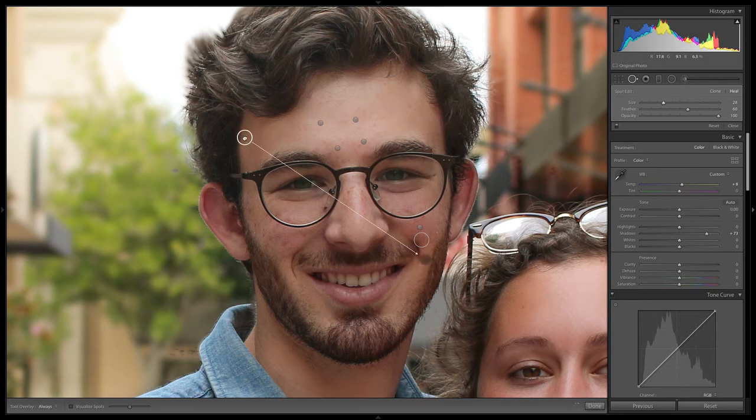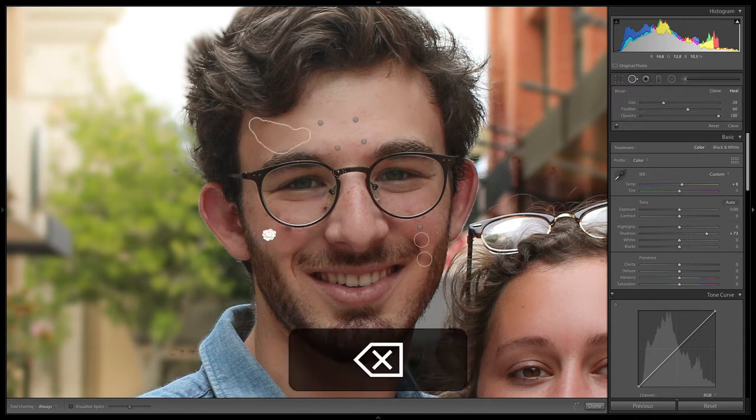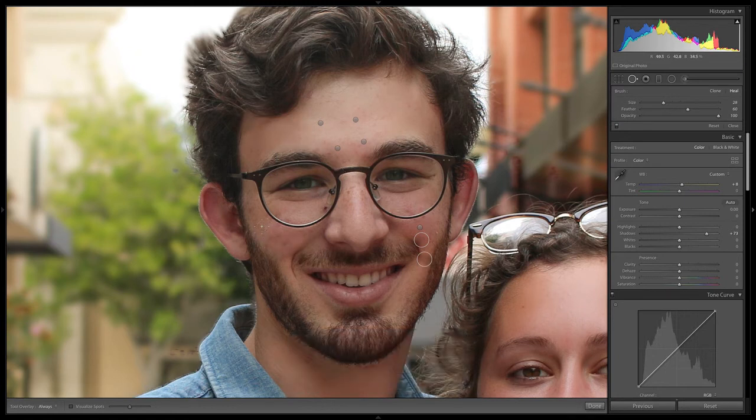So sometimes Lightroom just doesn't know what to select. It's going to look pretty weird, so you've got to pay attention to what the selection is. Now I'm going to go big here and just select this whole area. Now it tries to select down here, but I think if I move up to his forehead, it's going to look a lot better. It's not that great. So this is one area where going smaller might be better. I'm going to delete that and do a couple smaller ones, maybe dropping the opacity just a little bit. So that seemed to work better.